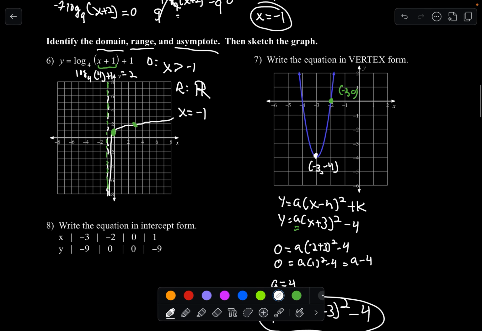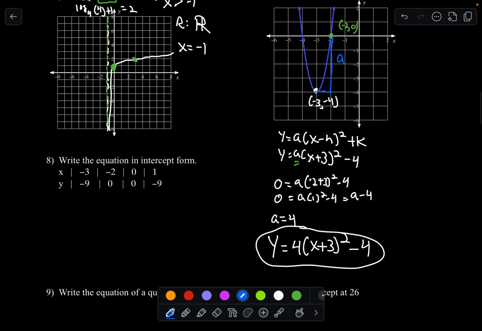Okay? You might get lucky and realize if I go over 1, square it, normally I would only go up 1. But here we're going up 1, 2, 3, 4. This distance right here from the vertex, going over 1 and up 1, 2, 3, 4, is a. So if you can count that off, you don't even have to choose a point. You can just say, hey, a is equal to 4. And you get y equals 4 times (x plus 3) squared minus 4. And that's your equation. All right, for number 8,